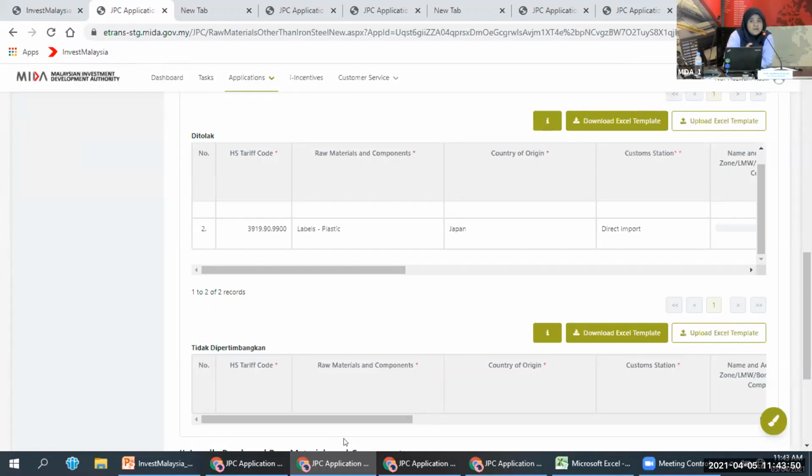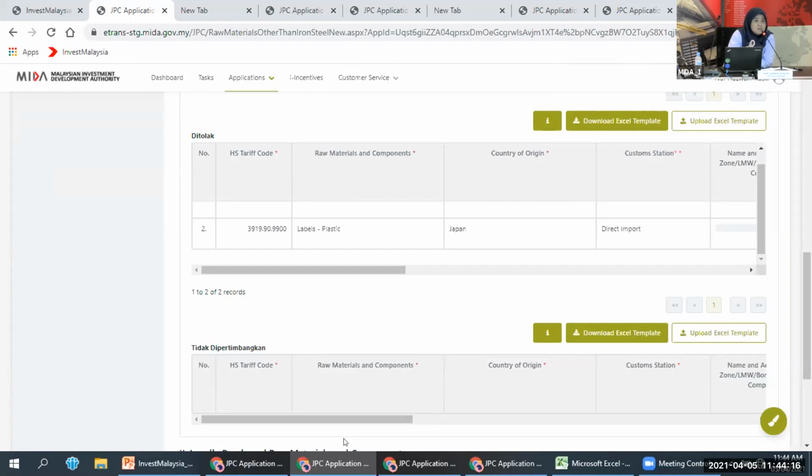Okay, let's say you have applied for additional quantity before. When you key in your previous approval application form, make sure you total up all the quantity based on the previous additional quantity applications. If you have 2 additional quantities, please total up everything, and then accordingly key in here.